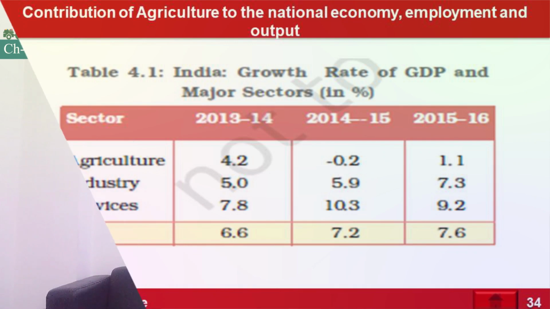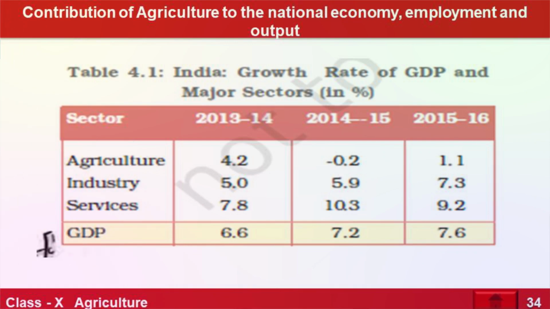And in the last, so we are aware of sectors of Indian economy, we have already done it. So in the end, we are going to see the percentage of contribution of agriculture, or you can say the primary sector, in Indian GDP. As we are aware of what is GDP, gross domestic product, I mentioned. This is the total national income of your country of a year. And consistently we are seeing that contribution of primary sector is going down, which is problematic.